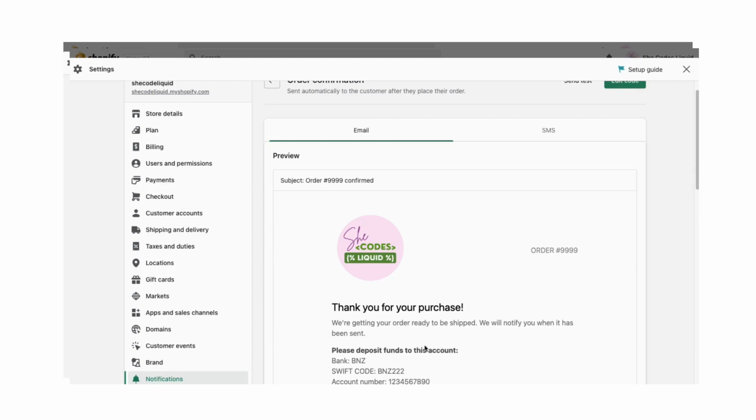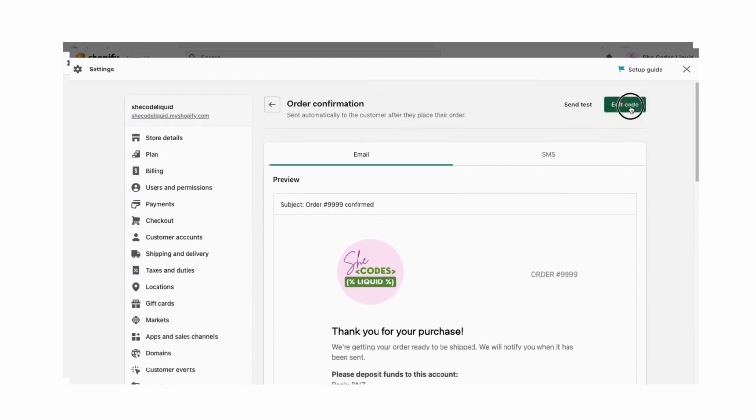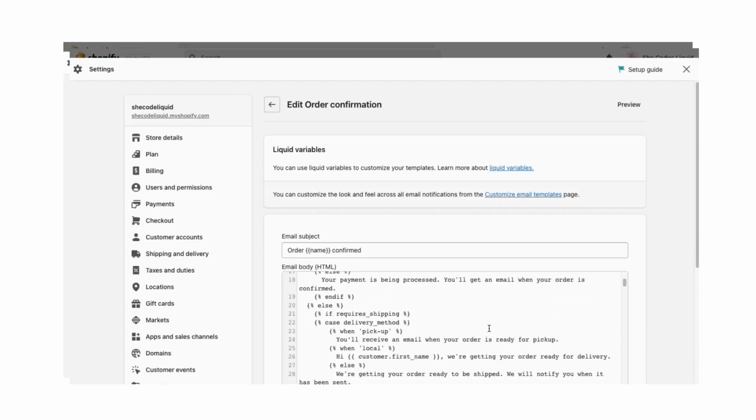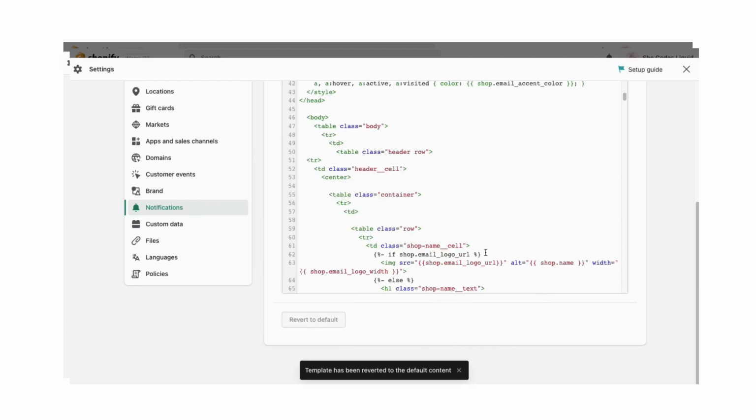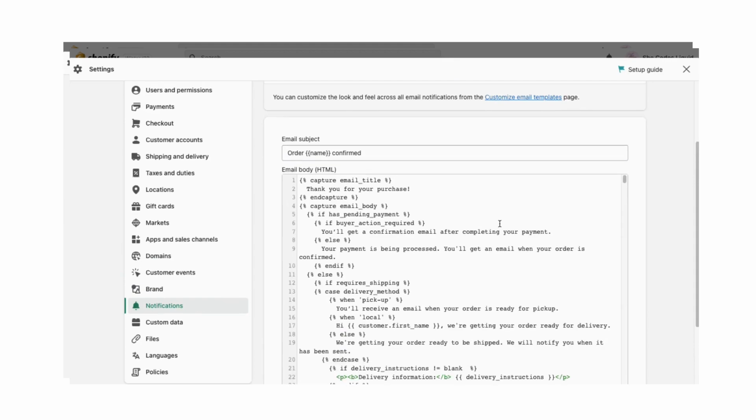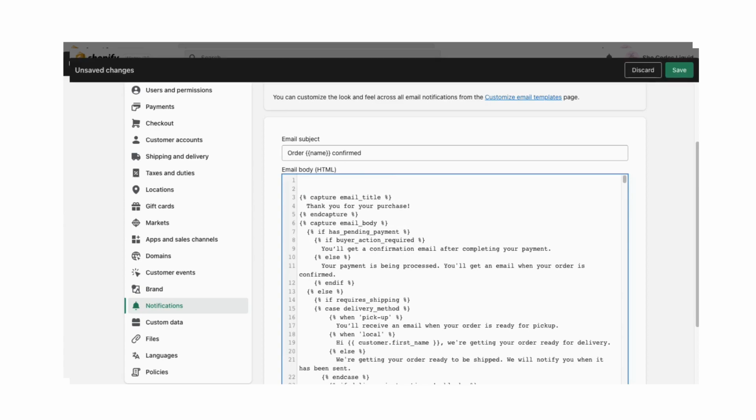Alright, so I've already done some coding here, but I'm going to remove that. And to remove everything that's in here, you can revert it to default. So I don't have any problem reverting it back to default, and this gets us a fresh, clean code for the order confirmation template. Okay, so first of all, we need to set up the bank details. So we need to capture the bank detail, and we're going to start with